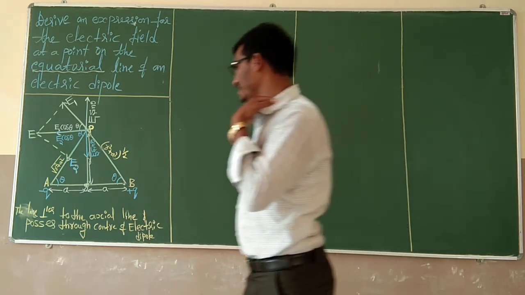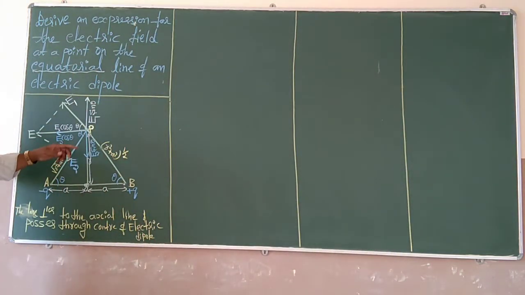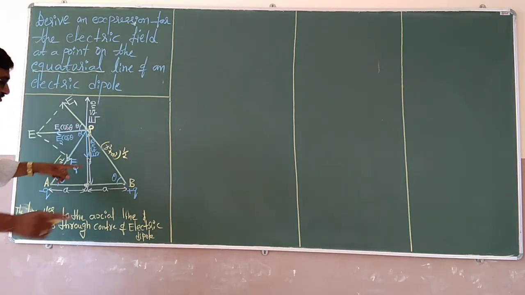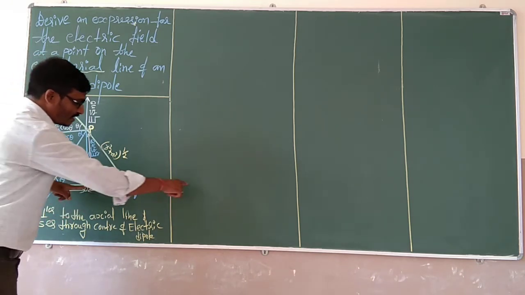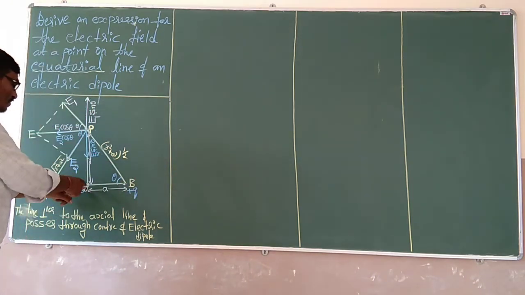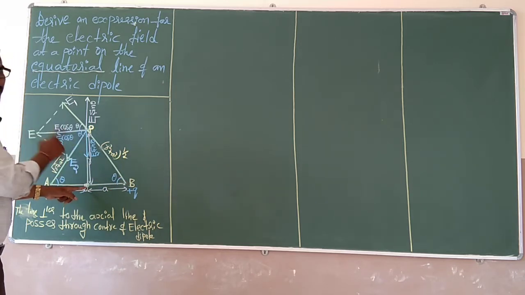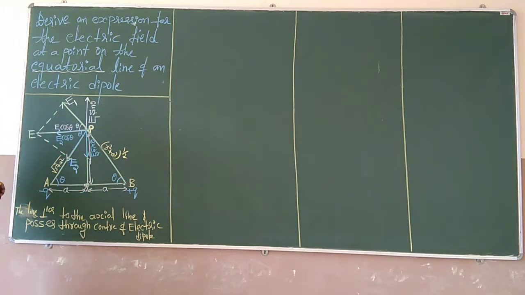Okay, dear students, see here, we are going to find the electric field at a point P at a distance r. In the previous video we discussed from O along the axial line, but here it is perpendicular to the axial line. The distance from O to P is r, and O to B is a, as well as OA. Here we have written the distance PB as (r square plus a square) whole to the power 1 by 2. Let us see how we get this equation.